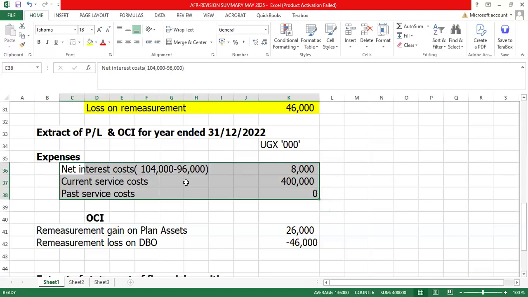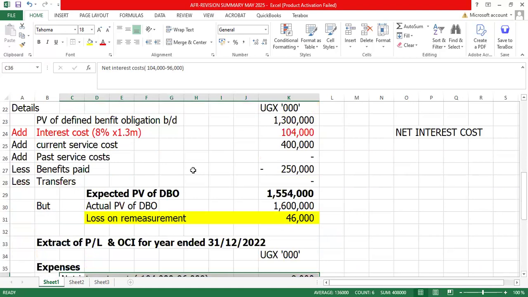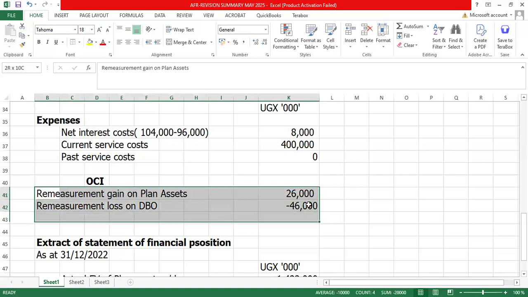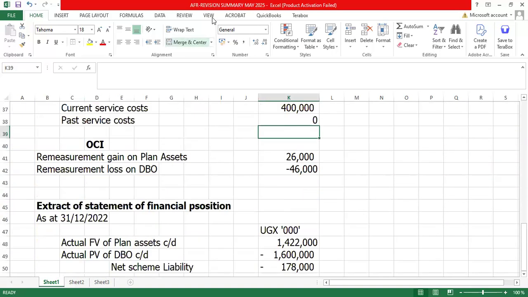But in your mind, you should know that from my working, I will have this one that must appear. Also, if you have loss on remeasurement or gain on remeasurement, don't forget that after handling profit for the year, we look at other comprehensive income, then you will have to add these ones. So this one can appear in what? In